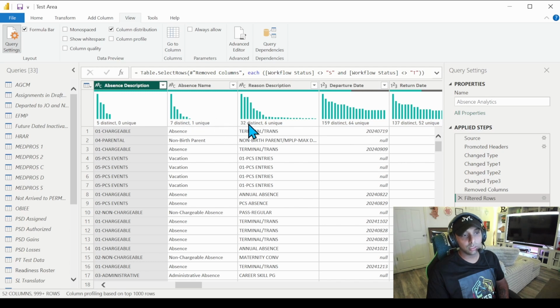So as you can see, 32 are distinct, meaning you have 32 types of absence reason descriptions that are going to be repeated throughout this column. And then you have 6 that are unique, because 6 aren't really used more than once. So that's how you look at this. And once again, you can see that within the departure data as well, 459 distinct and then 64 unique departure